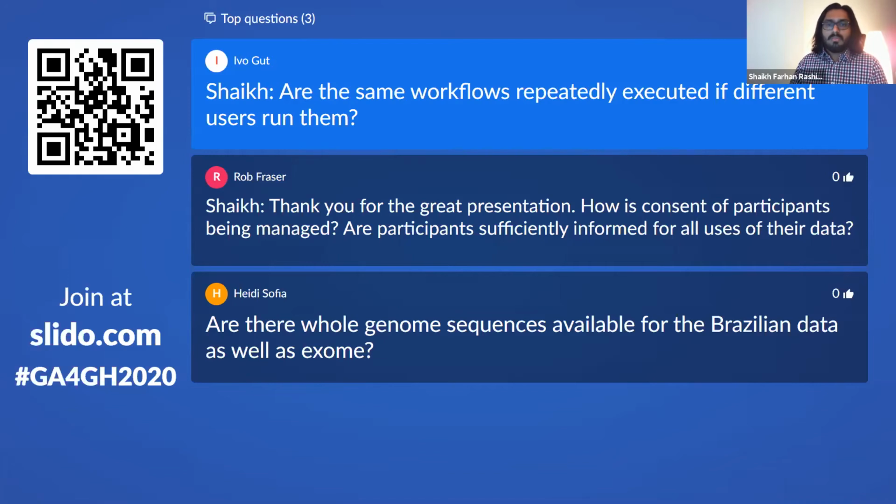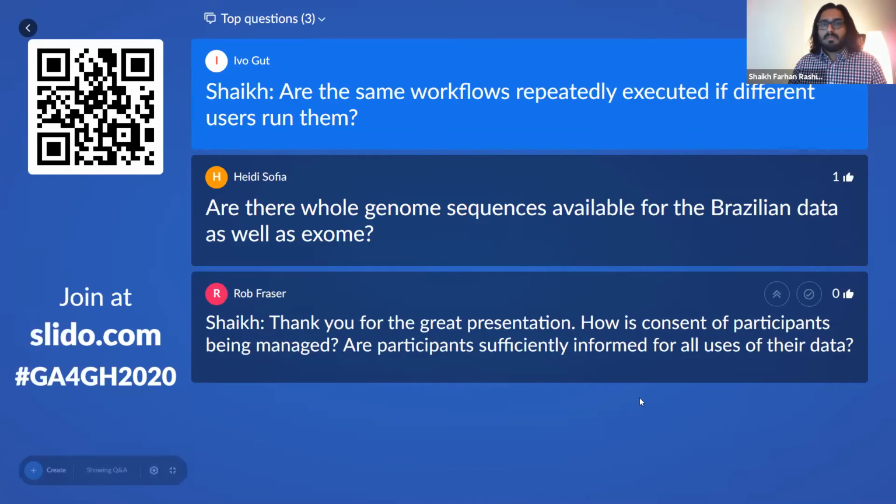So there are scenarios in which workflows can be executed repeatedly or across all sites simultaneously, but based on the data access level or the type of data that they're requesting, that workflow may not actually be executed because the requested data is not available for that particular researcher or credential that's been used to execute that workflow.